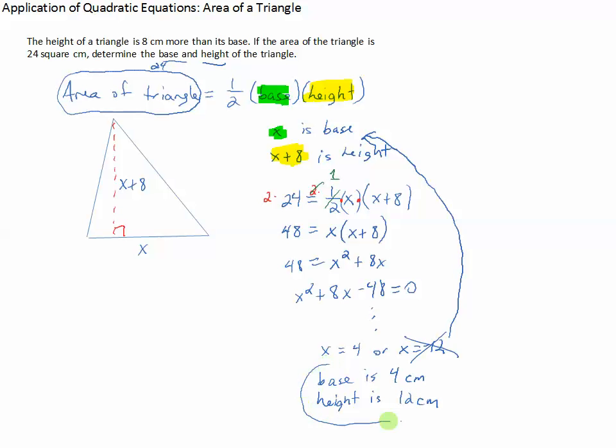So there we go. I want to point out something very important. This negative 12 and this positive 12 are not related, right? Look back one more time. Where did this positive 12 come from? It came from the fact that the height is 8 more than the base, which happens to be 4. And that's how to apply a quadratic equation in reference to